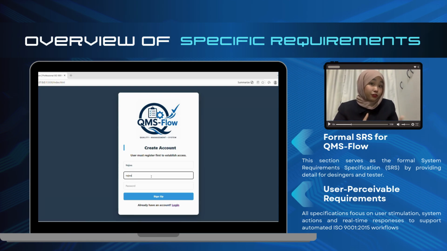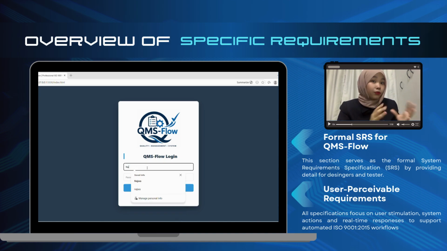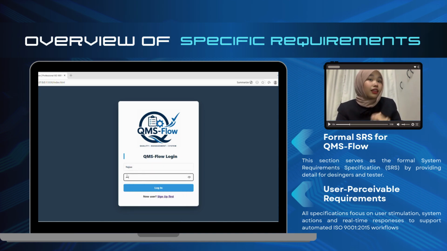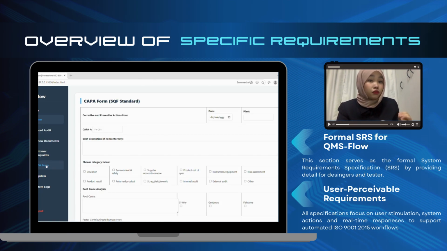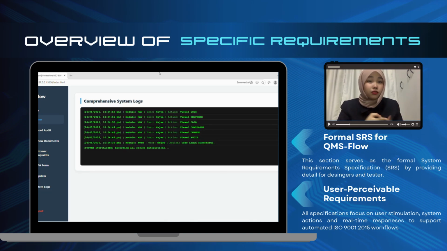Formal SRS for QMS Flow. So this section serves as the formal system requirement specification, which is the SRS, providing data for designers and also testers. For user-perceivable requirements, all specifications focus on the user stimulation, system action, and real-time response to support